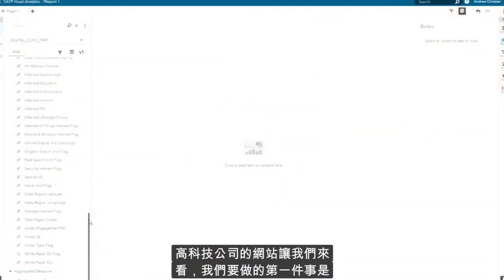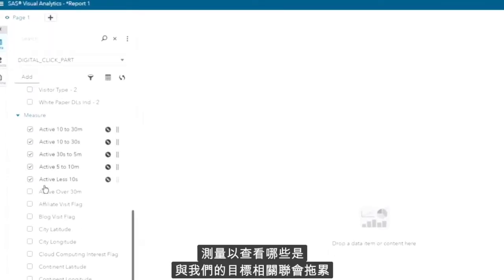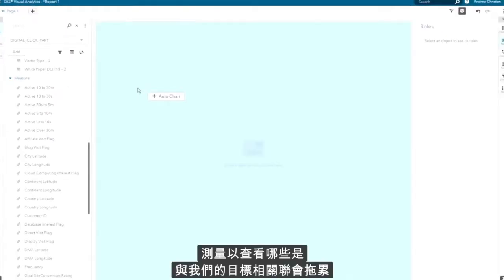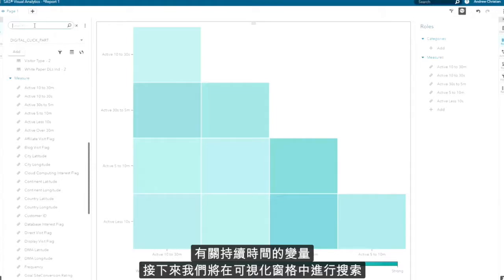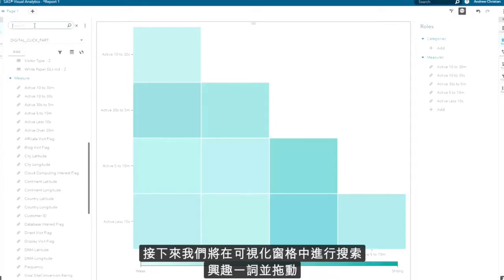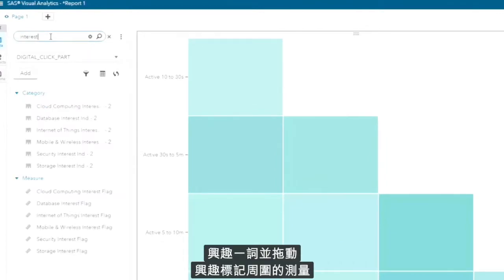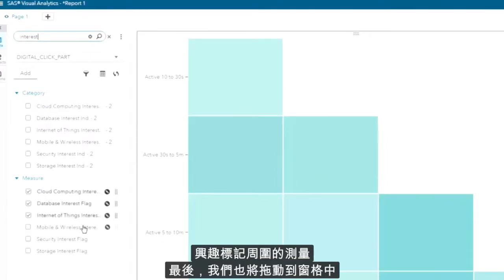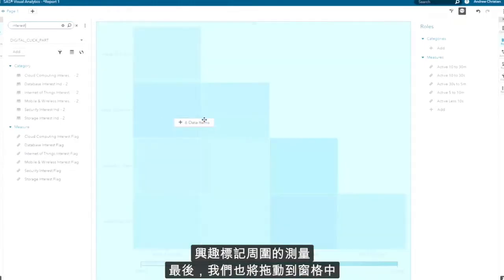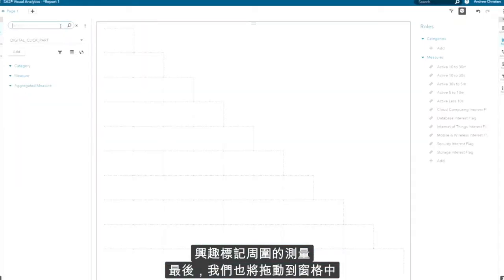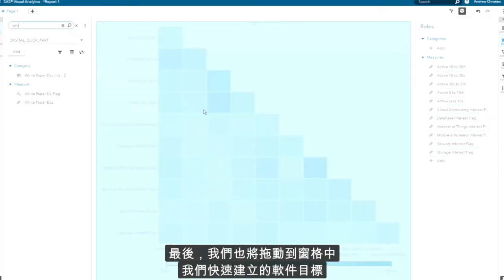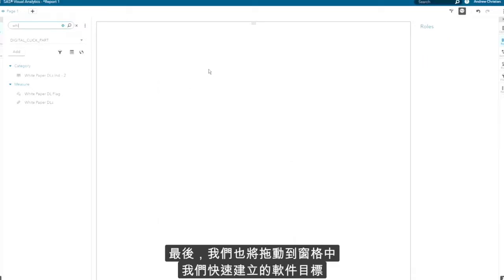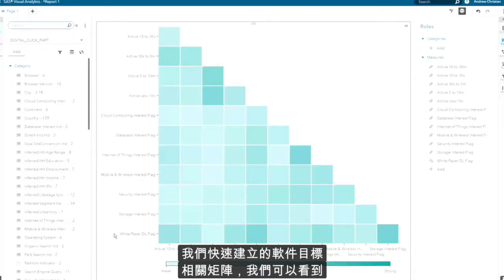The first thing we want to do is build a correlation matrix with several measurements to see which ones are correlated with our target. We'll drag the variables regarding duration into the visualization pane. Next, we'll search on the word interest and drag the measurements around the interest flags into the pane as well. Finally, we'll drag our target in. The software quickly builds a correlation matrix,